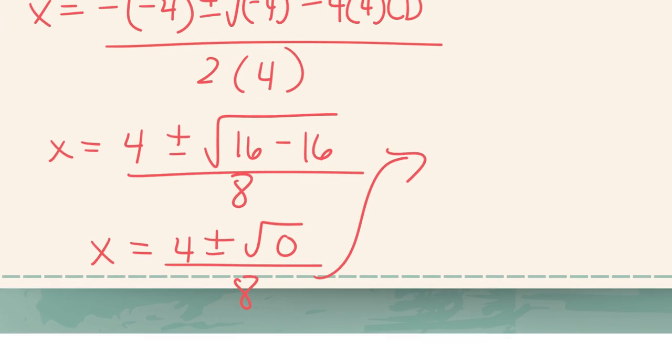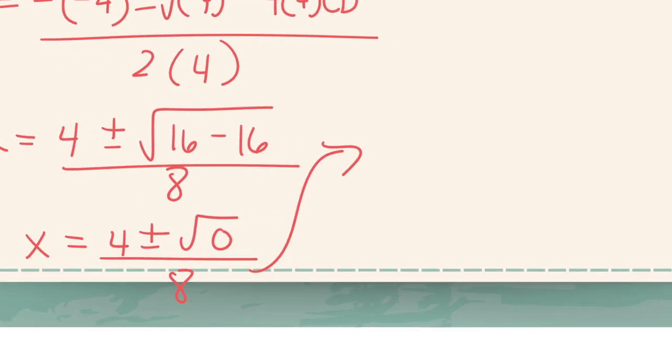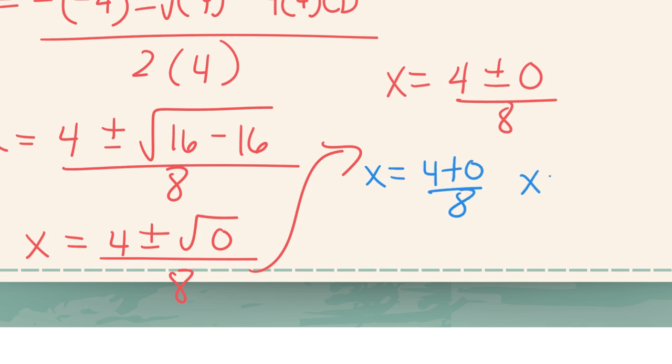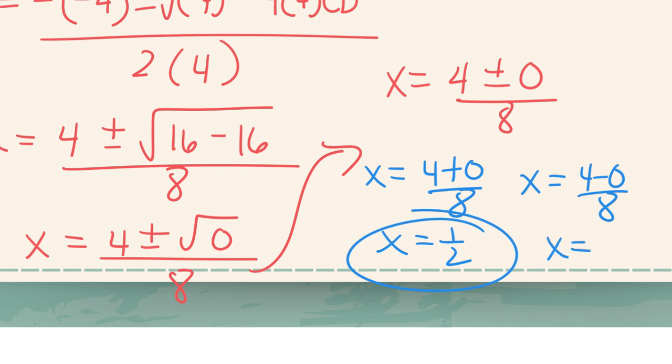Separate it more over here. The square root of 0 is going to be 0. X equals 4 plus or minus 0 over 8. And this gives me x equals 4 plus 0 over 8, and x equals 4 minus 0 over 8. 4 plus 0 is 4, and 4 over 8 simplifies to half. And the same with this: 4 minus 0 is 4, and we know 4 over 8 is the same as half. So in reality, x equals